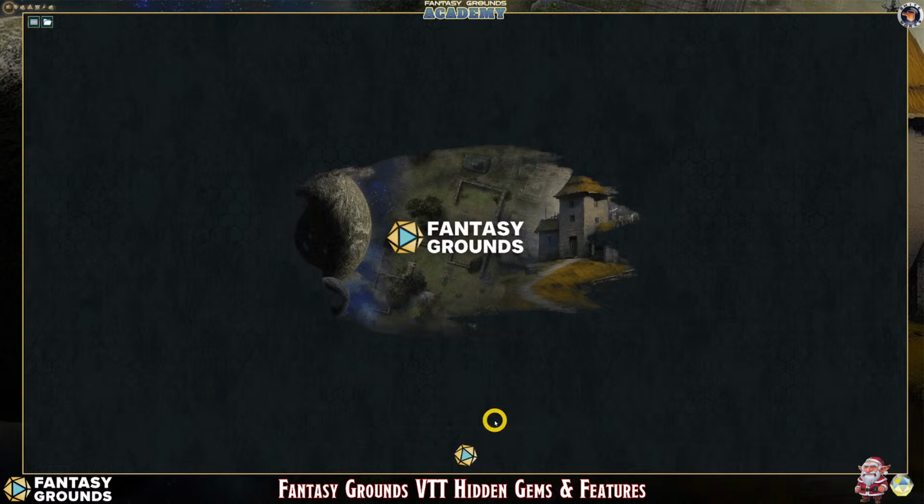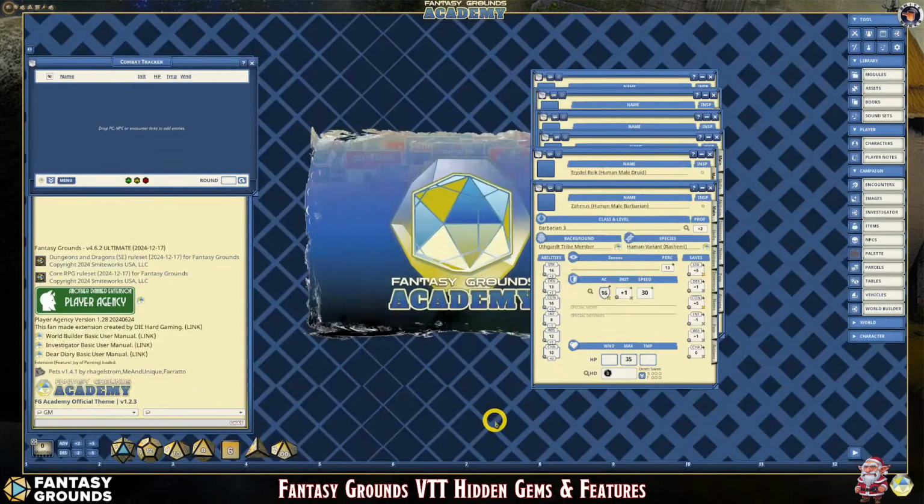But when cleaning out and purging my Fantasy Grounds back end, I took everything and put it in a shared drive or a storage drive, and it did help the load time a little bit. I want to say maybe by a few seconds. It wasn't really very noticeable. So this load time is something that everyone will experience regardless of how fast your computer is or how much stuff you have. So this is the themed Fantasy Grounds Academy